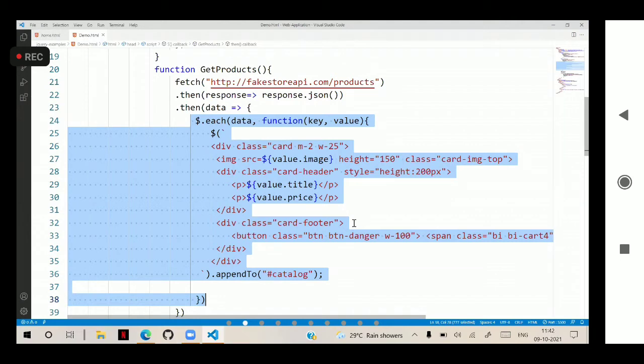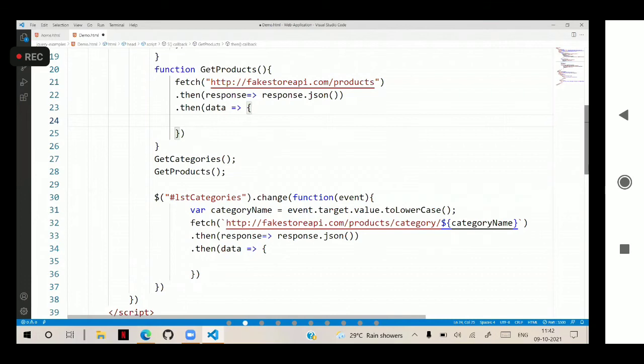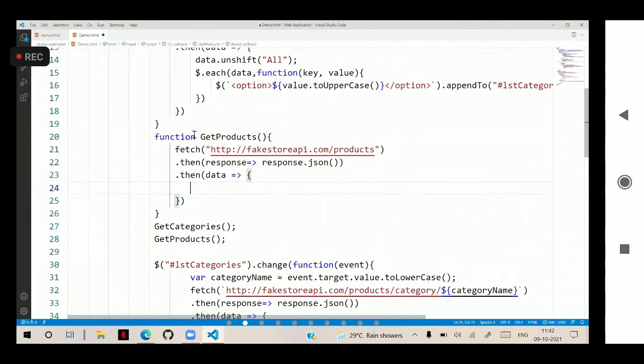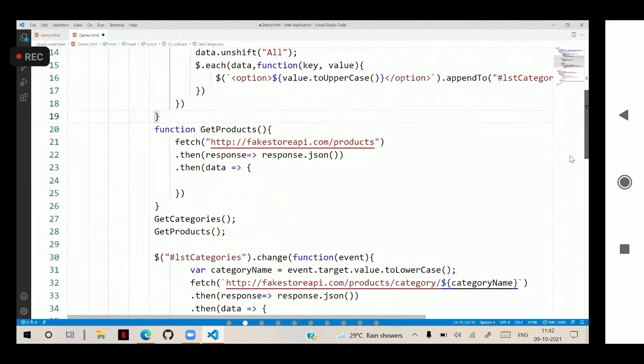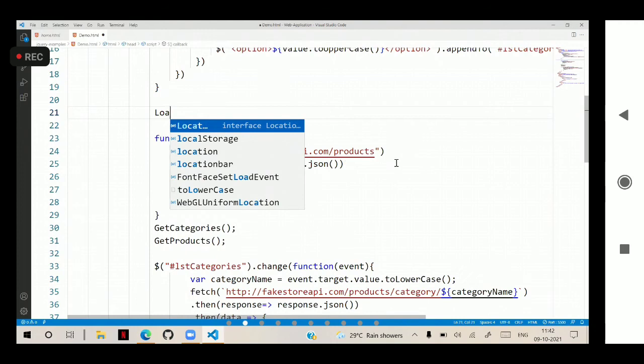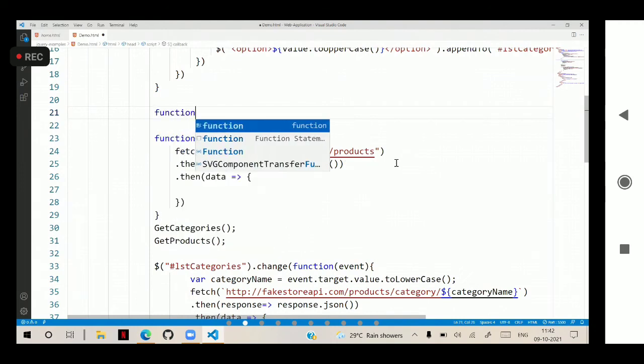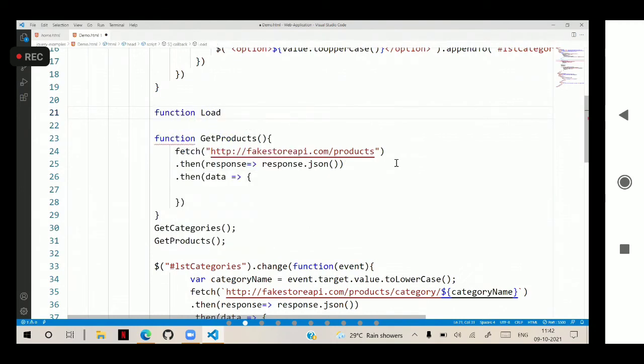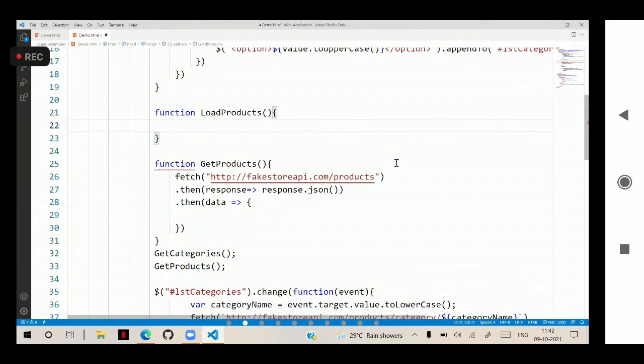So what we will do is cut this iterating part from here and write a separate function for that. Call it load card, or render card, or say load products. Load products is a function which is having this iterator.